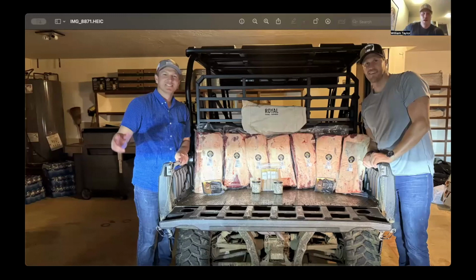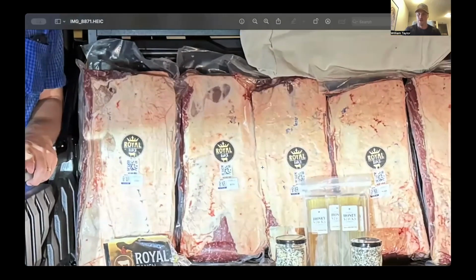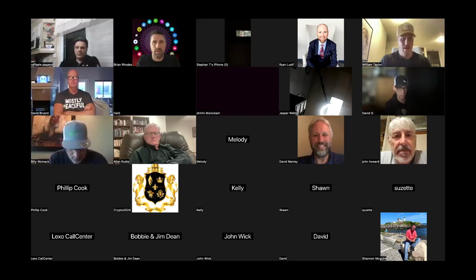So Austin runs Royal Ranch. We built Farm Tracer together. We flew him out and we shipped out all of this meat and this honey and other food from his farm. And if we scroll in here, you see this QR code on every single bit of the food. So that QR code allows us to scan it. And that way, everybody that ate dinner with us that night